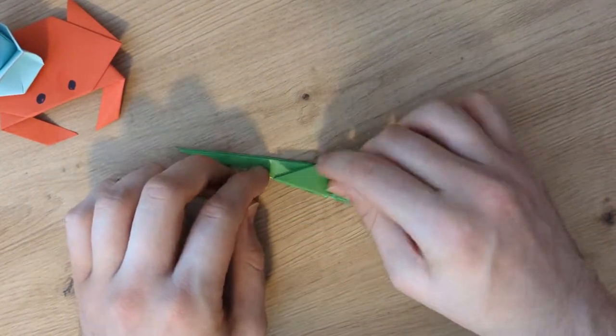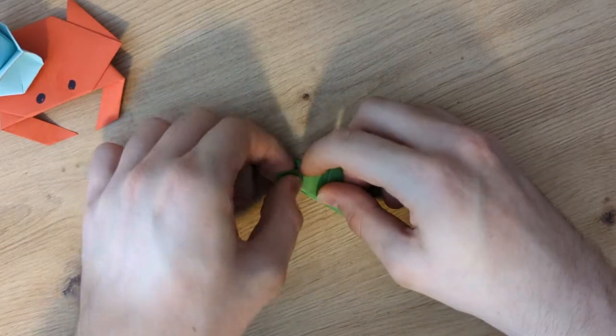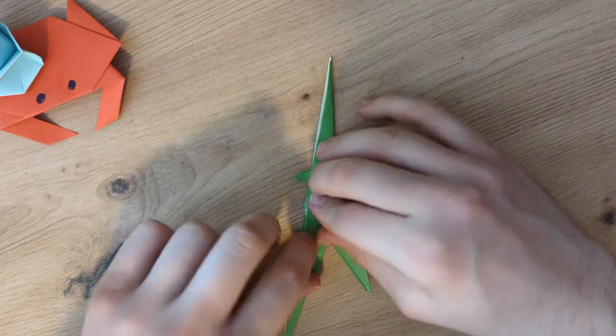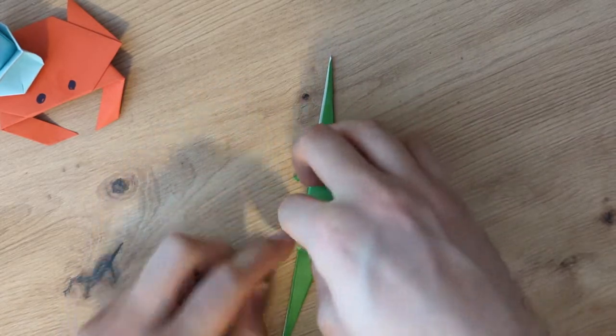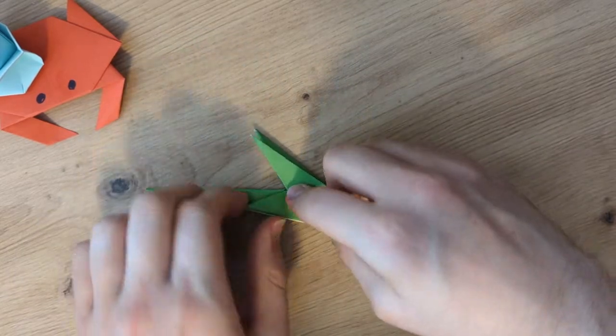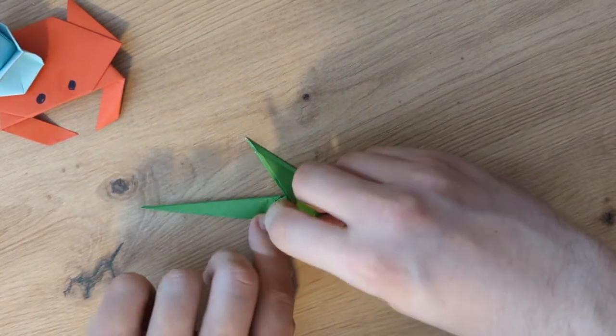So what we do now is we take these bits that stand up and we fold them down about 90 degrees. These are going to be the legs. So they are an actual structurally important part of the dragon,